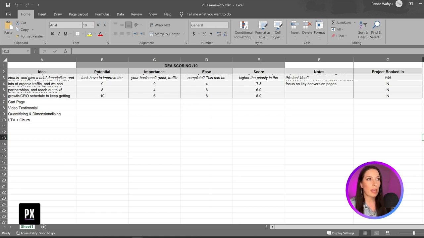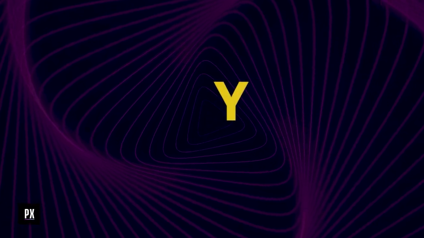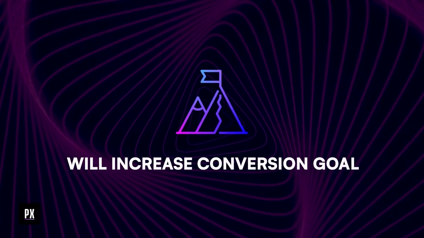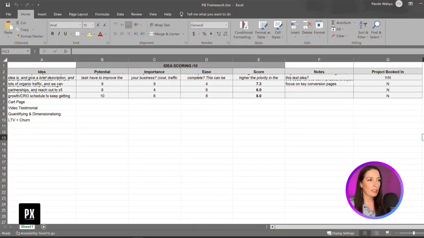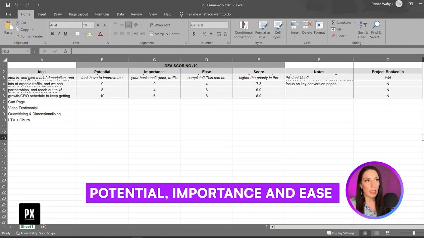Then this is where we come up with our good hypotheses, right? So the formula you can use for a good hypothesis: changing X into Y will increase conversion goal because of viewed evidence or what you've seen. So you can use something like that, but you want to have a reason behind your idea. Okay, so once you have all of your ideas down into proper hypotheses, then you can score them: potential, importance,